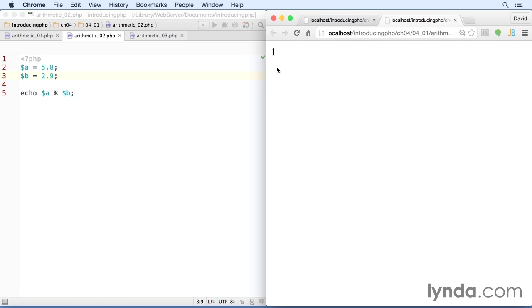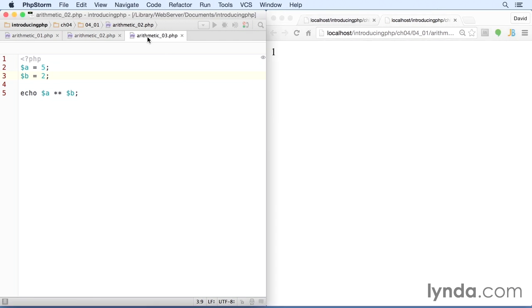If you're wondering whether PHP has an equivalent operator that ignores the remainder and just returns the whole number of times the value on the left can be divided, the answer is no, but we'll look at integer division later in this chapter. Let's round off our look at arithmetic operators with the exponentiation operator, and there's an example of that here in arithmetic_03.php. Again, a is 5, b is 2, and we're now using the exponentiation operator, which is 2 asterisks next to each other,